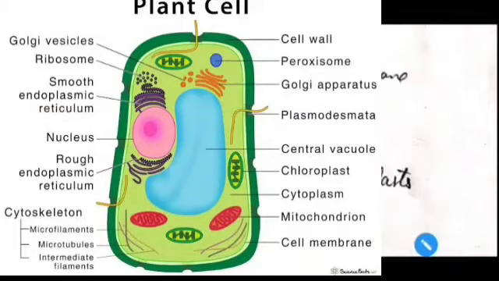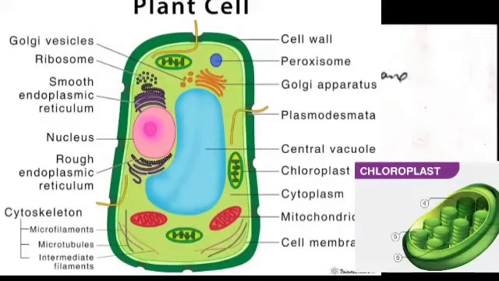The chlorophyll present in leaves is found in the cells. In the cells there is a cell organelle called chloroplast. Chloroplasts are many in number in plant cells, especially in the cells found in the leaves. These chloroplasts have chlorophyll, the green pigment which gives green color. The chloroplast is also called the kitchen of the cell. If it is asked the kitchen of the cell, then the answer will be chloroplast, and if it is asked the kitchen of the plant, then the answer will be leaf.